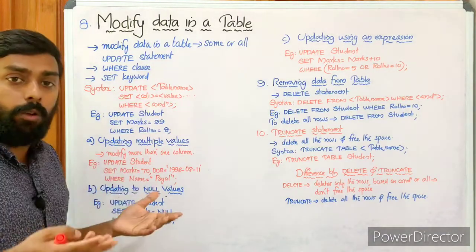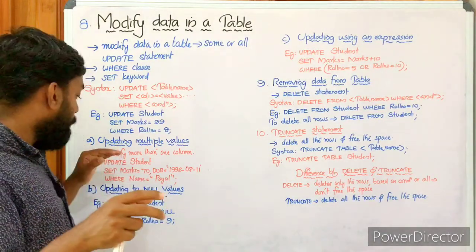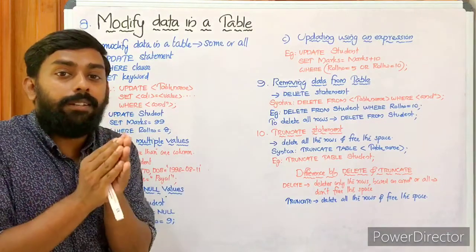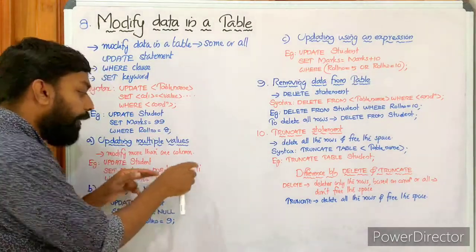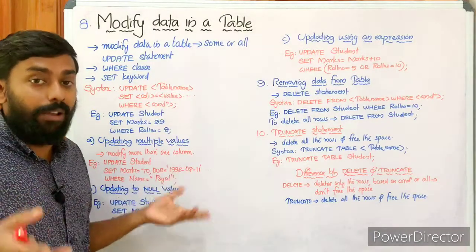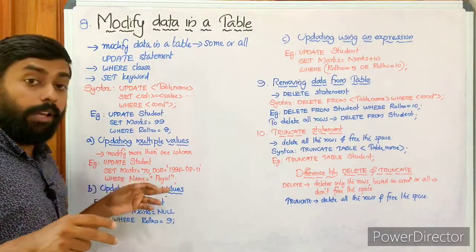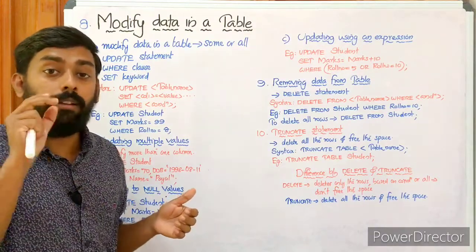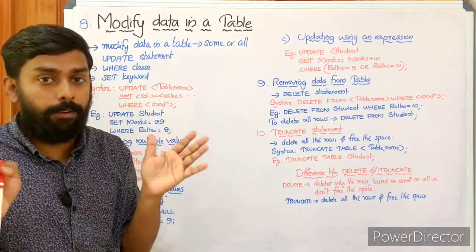And suppose we don't have any where clause. What happens with the statement? Suppose we don't have where name equal to Payal, and the statement is update student, set marks equal to 70, date of birth 1998-08-11. Then marks and date of birth of all the students will be set to 70 and 1998-08-11. So it's not a logical thing. We have applied where name equal to Payal. The where clause is applied everywhere to restrict the number of tuples to be selected or to be worked on by the operation or the statement. So this is how we can work with it.